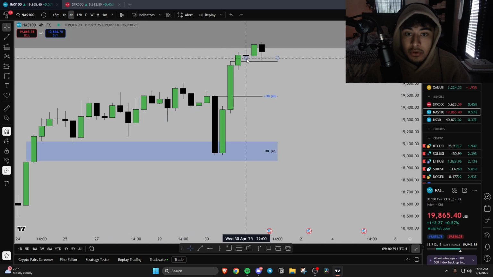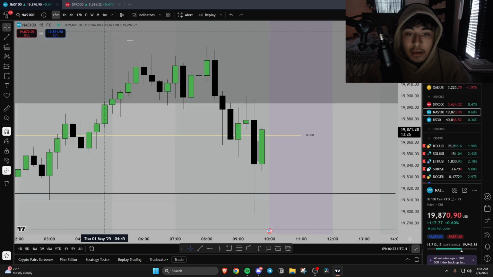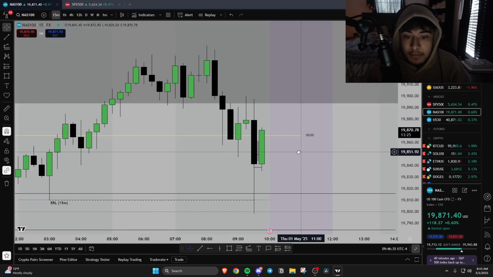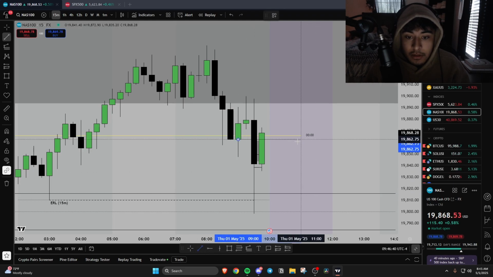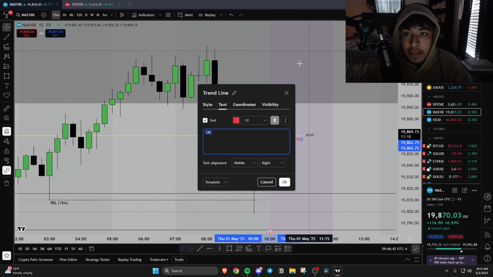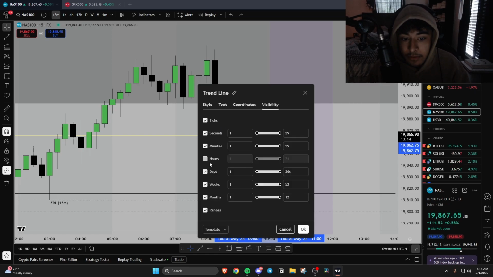4-hour time frame, we have two 4-hour fair value gaps. We have one right here and then we have one right here. We can see we tapped up into the first one up there. 15-minute time frame, we have a little bearish 15-minute mitigation block here. So, honestly, the market here does seem to be more in a market maker sell model on the lower time frame for me, but